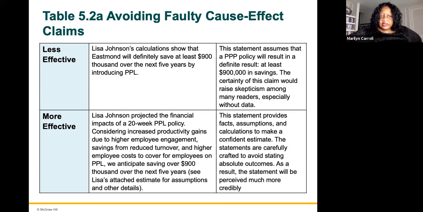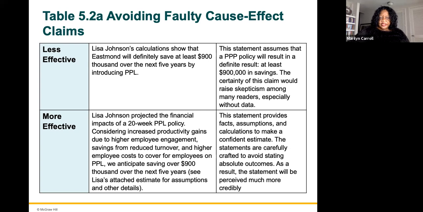Avoiding faulty cause-effect claims. "Lisa Johnson's calculations show that Eastman will definitely save at least $900,000 over the next 5 years by introducing PPL." Now, this statement assumes that a PPL policy will result in a definite result, at least $900,000 in savings. The certainty of this claim would raise skepticism among many readers, especially because there's no data to back it